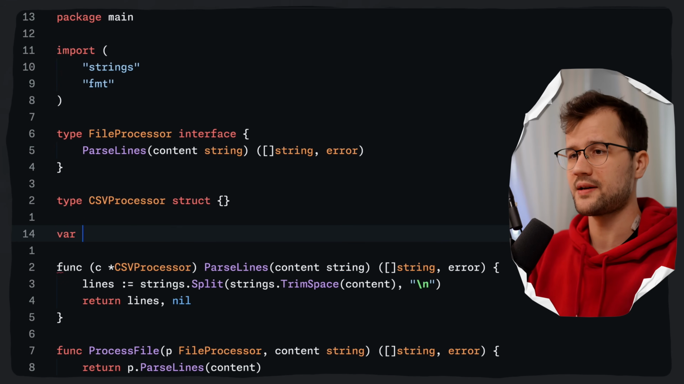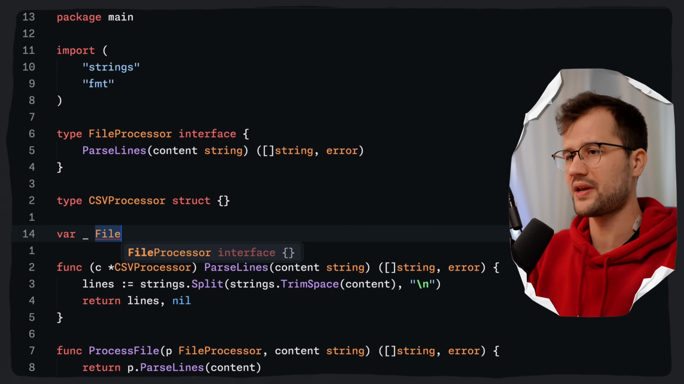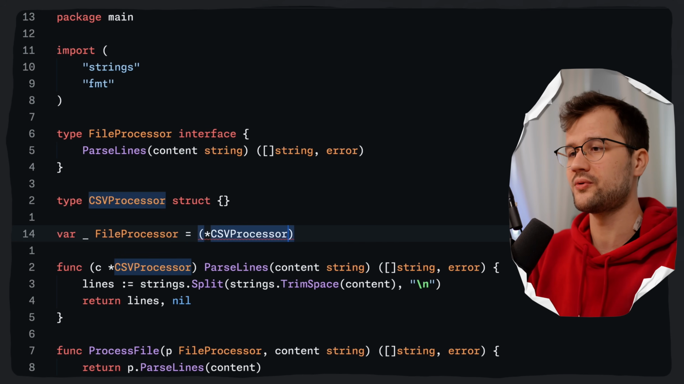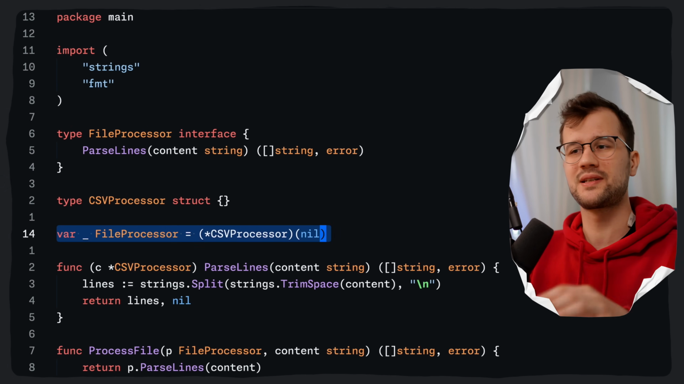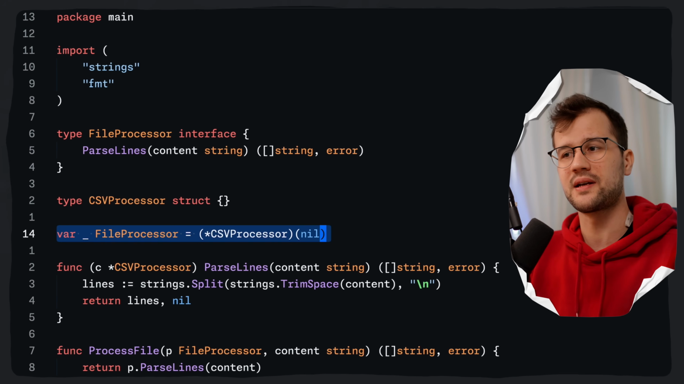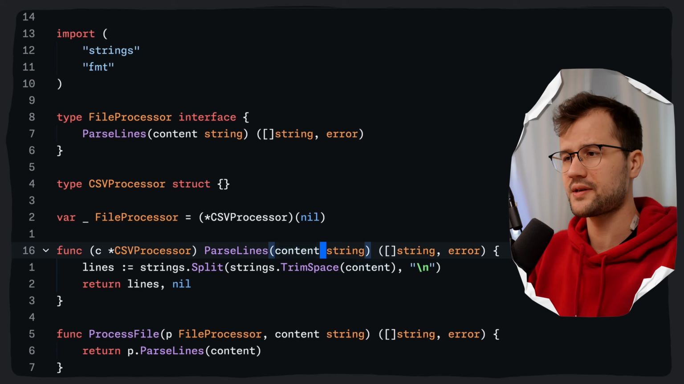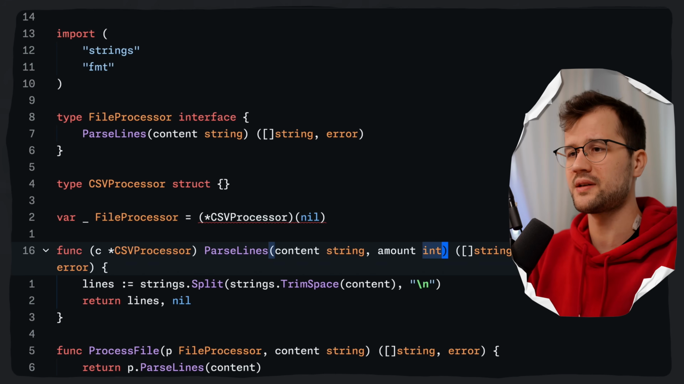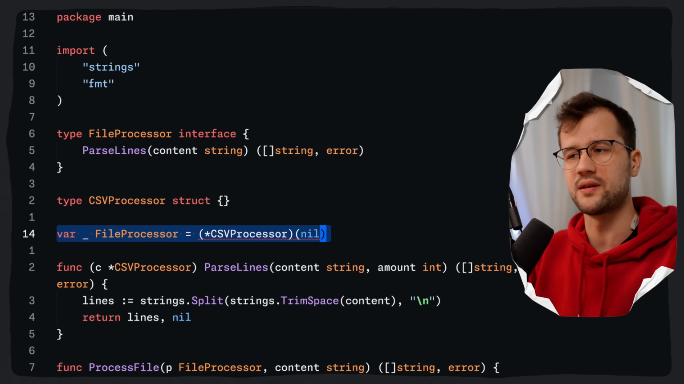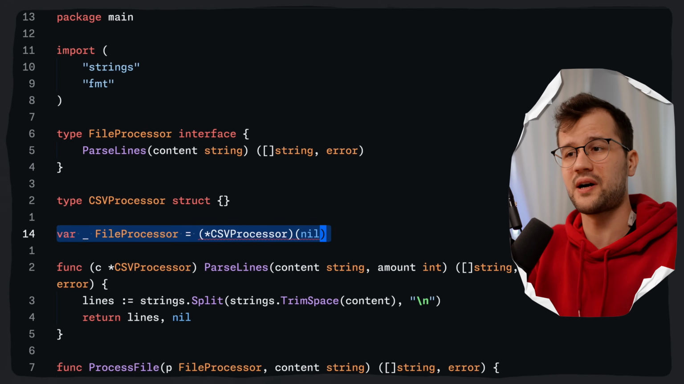So what we're going to say is just var underscore, then we are using the file processor type, and then we say a pointer to a CSV processor struct, and then nil. Now with that line, we just explicitly stated that this CSV processor struct is implementing, or wants to satisfy, the file processor interface. So when we change the definition of the function here, we say amount int, we do get an error right in the file, right where we define the function, but also